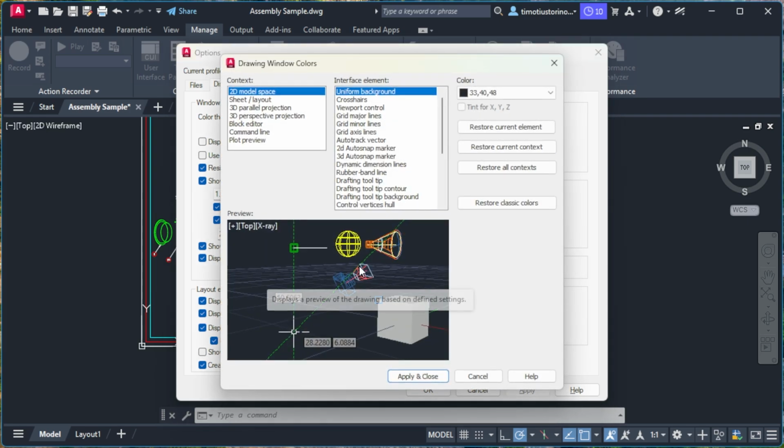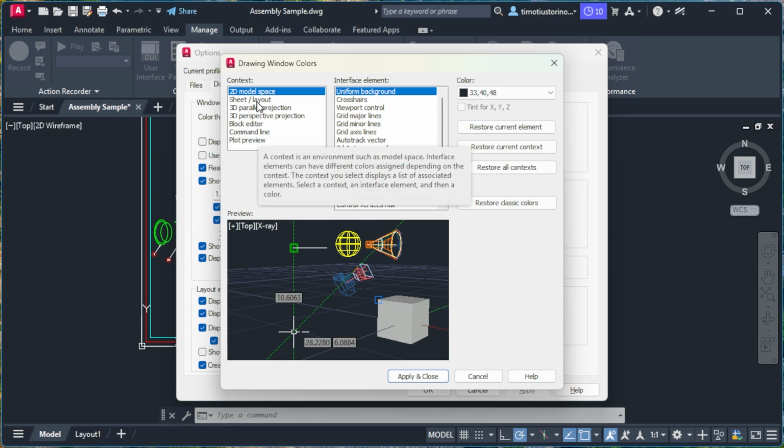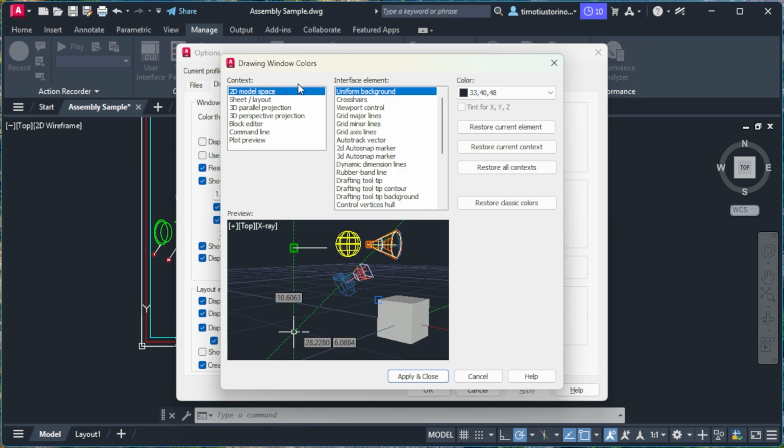Step 3. Choose your workspace canvas and select black from the drop-down. Now, you need to tell the software which drawing screen you want to change, and then use the built-in color palette tool to swap the background to pure black. Look at the left column inside the new color box, click on the words 2D Model Space, move your eyes to the right column marked Interface Element, select Uniform Background, and then move to the far right drop-down menu to